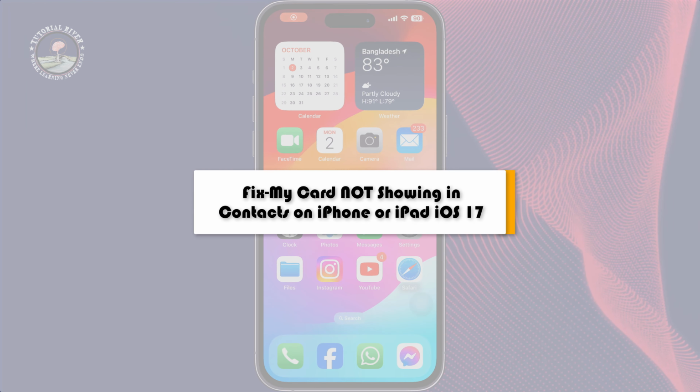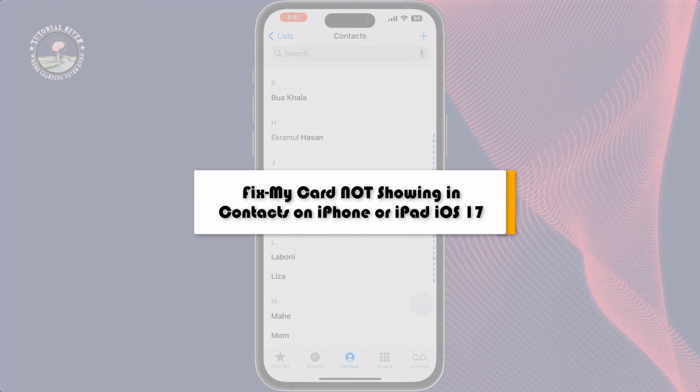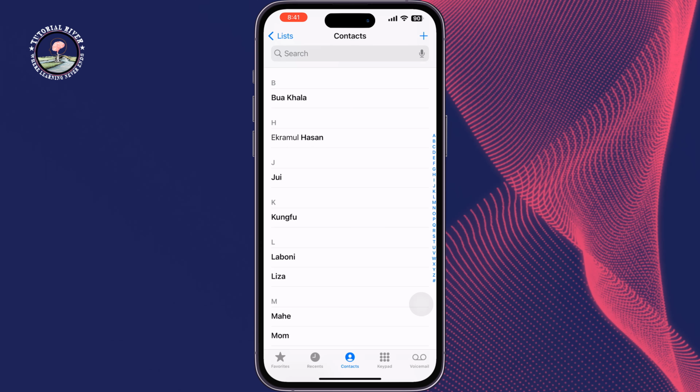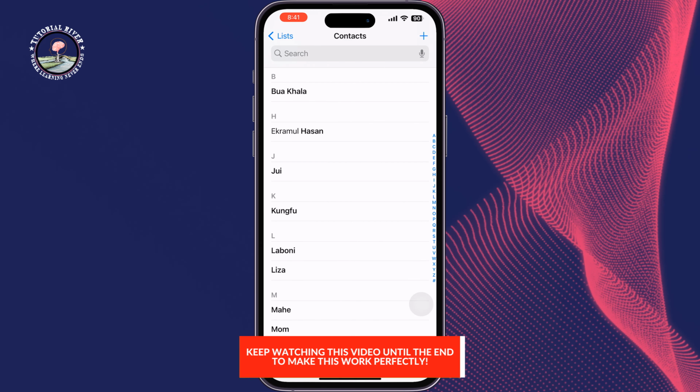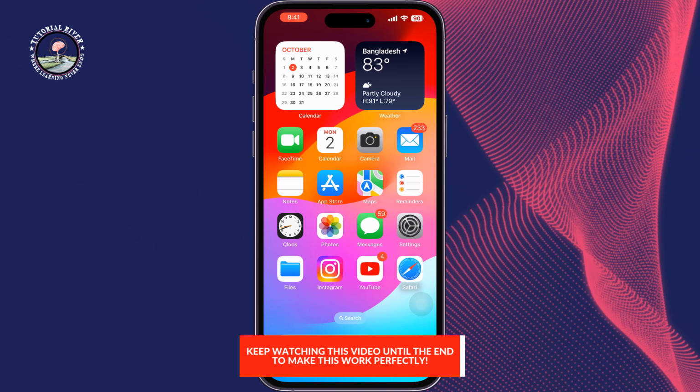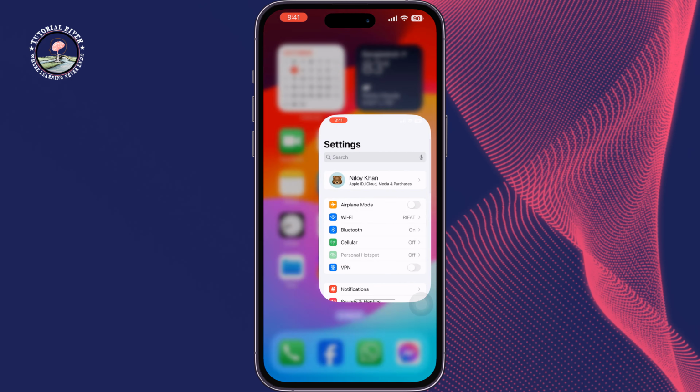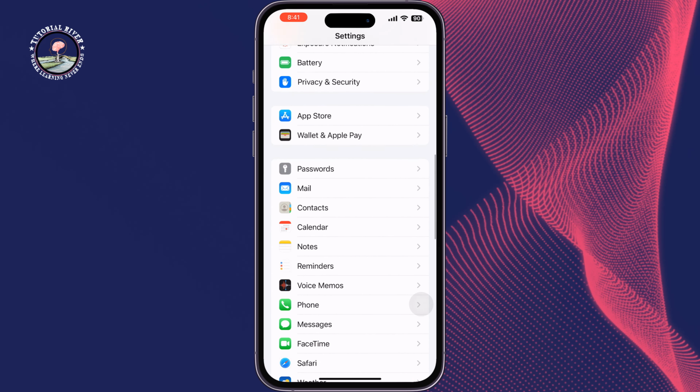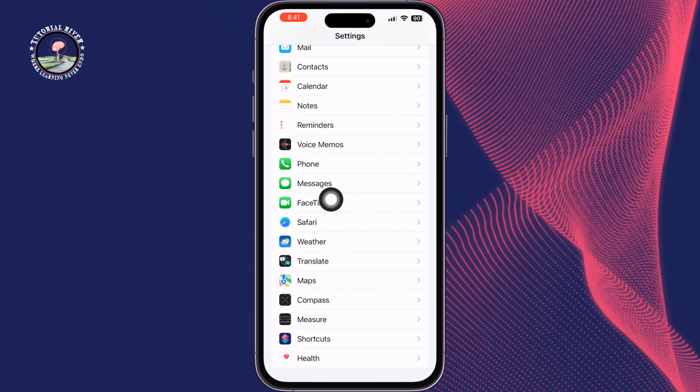This tutorial review will show you how to fix my card not showing in contacts on iPhone. So as you can see, the my card is not showing. To solve this issue, go to your iPhone settings, scroll down, tap on